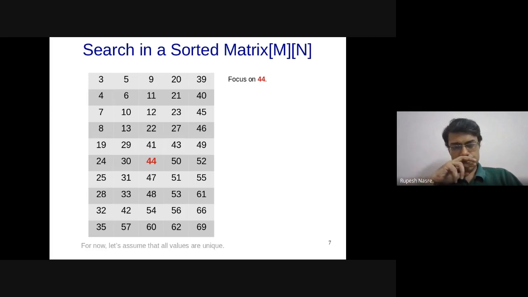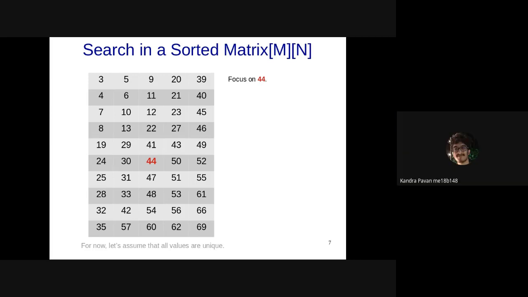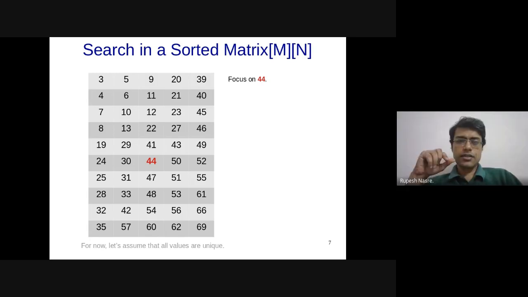Any thoughts? It should be on the rows below 44 and columns right of 44. Okay. So the suggestion that Pawan gave is that it should be on the right and below. So if you take an XY axis with the origin at 44, then this becomes the third quadrant, right? So where 61 actually exists. Is it possible that the 61 value appears in the first quadrant?